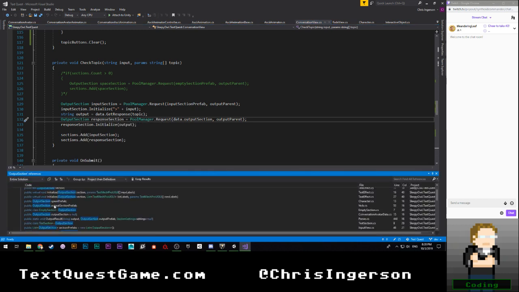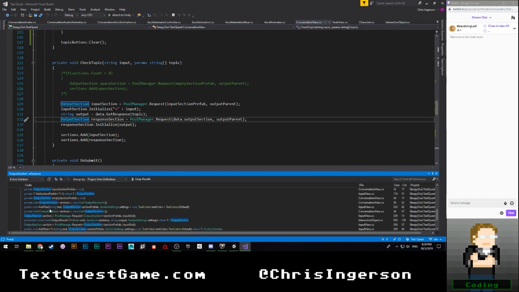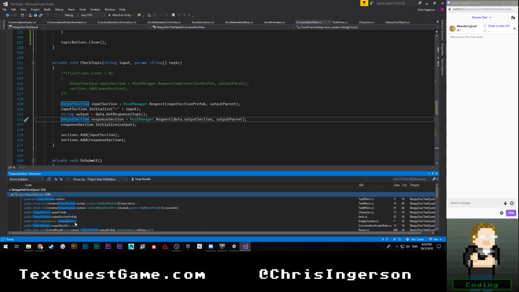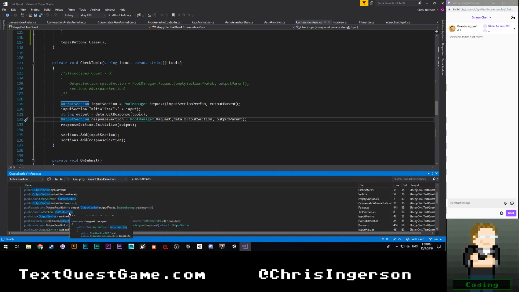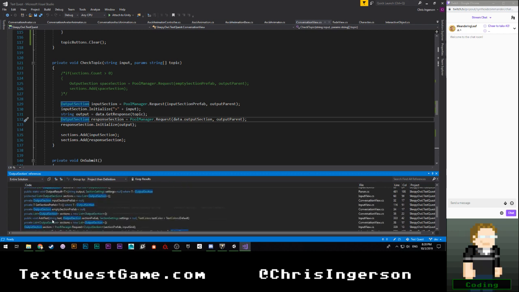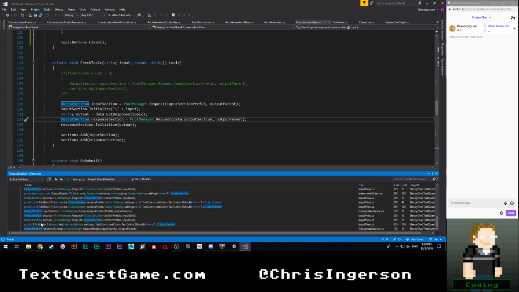So I'm going to find all references here. There should be a character section, I think, or a speak section. Output section, text section. Oh man, maybe I made it have text effects instead. That's problematic on several levels.